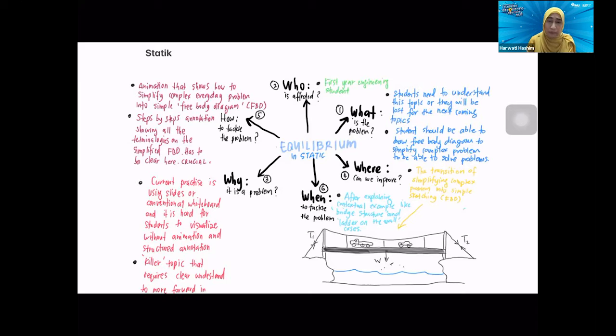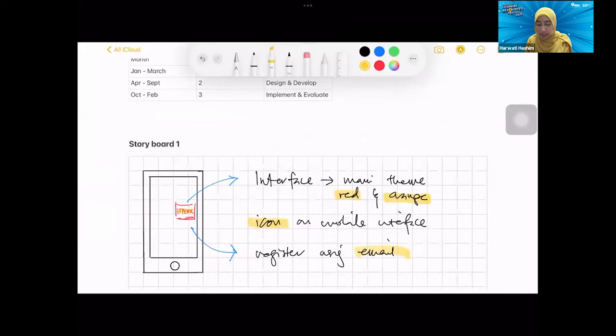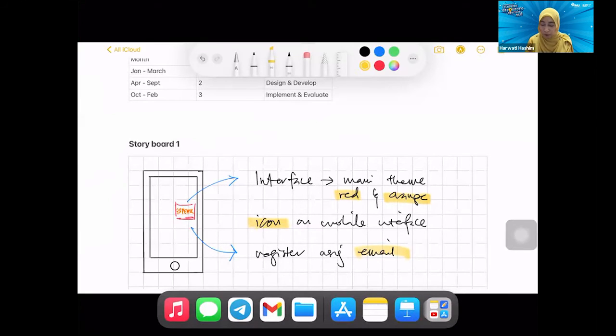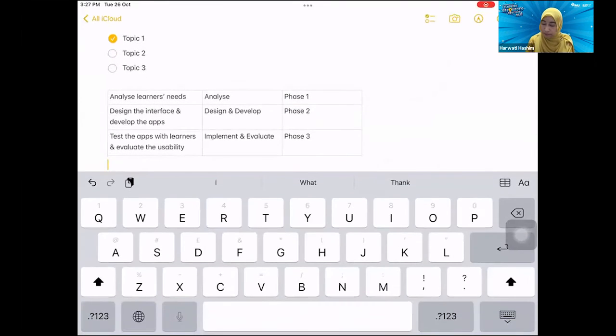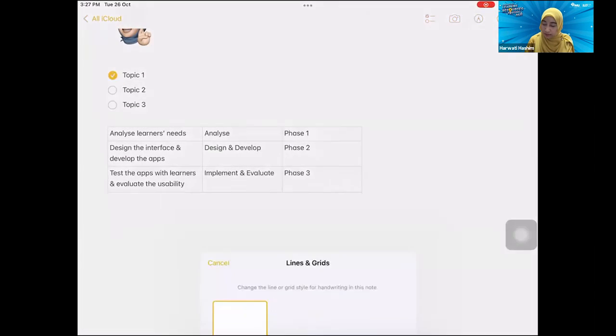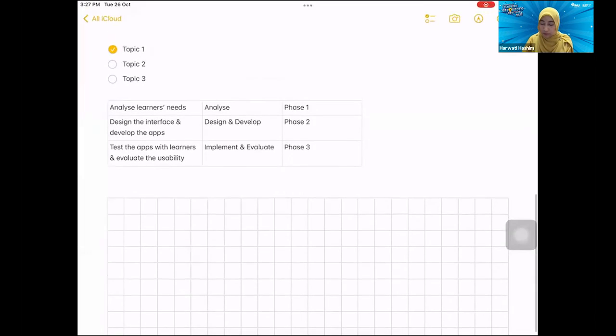You can also see elements of numbering in the visual note taking. Okay. And as I mentioned just now, what I like about using Notes is that you can see here an example of grids provided. So you can actually use this to come up with a storyboard in a clearer manner. And of course, it's easier for you to draw, as I mentioned just now, because of the recognized shapes. For example, here we can add in line grids. So I just need to add in line grids here. For example, the one that I've shown just now on the storyboard, you can add in